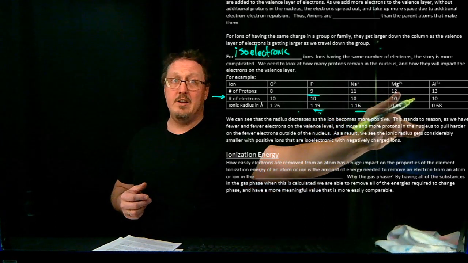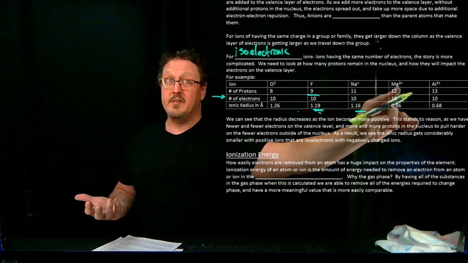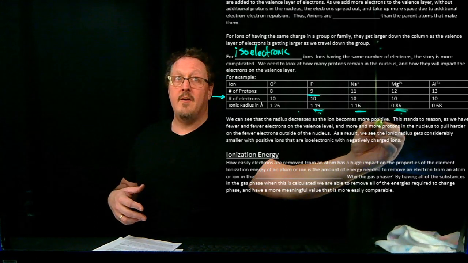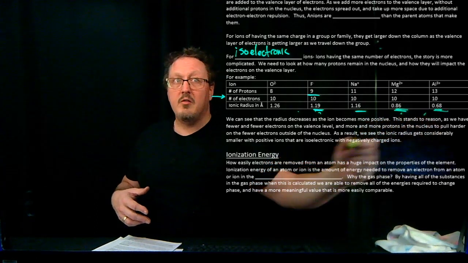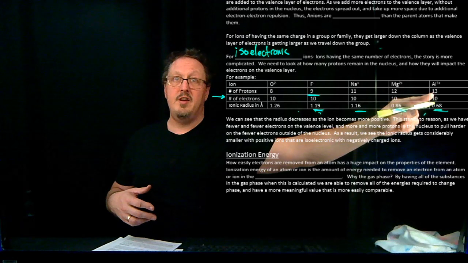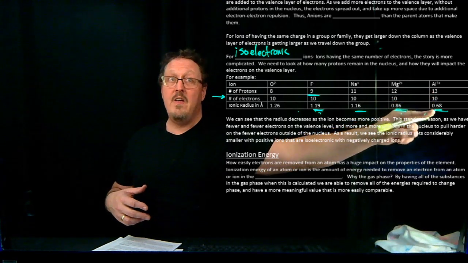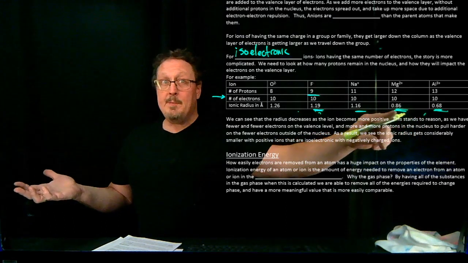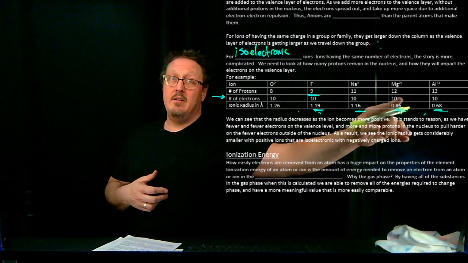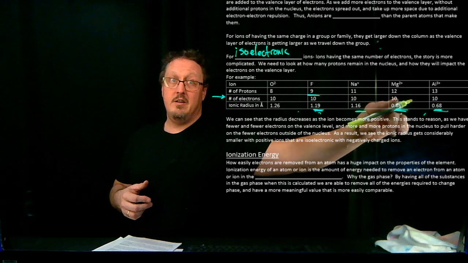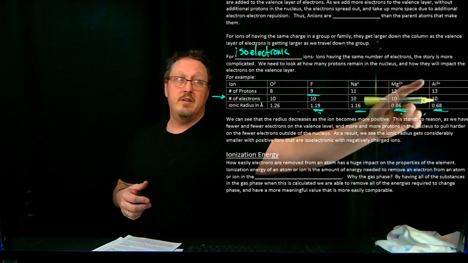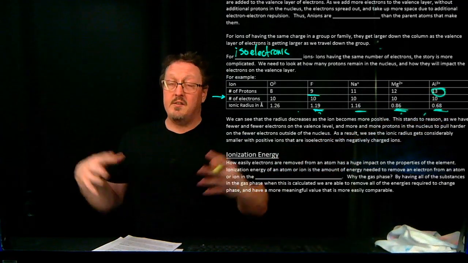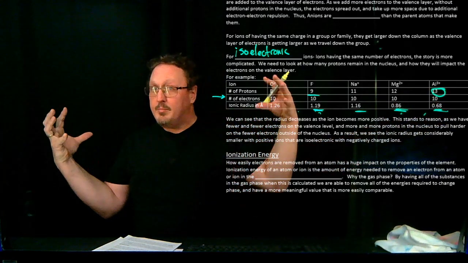Now if we add another proton and we go to magnesium with a +2 charge, 10 electrons, look at how much different in size it gets. And we can see this even more when we get all the way over here to aluminum, where we have 13 protons and 10 electrons, and an ionic radius of 0.68 angstroms. That makes sense because we've got 2 more protons than electrons here and 3 more protons than electrons there. And so really, those 13 protons are pulling in all those electrons